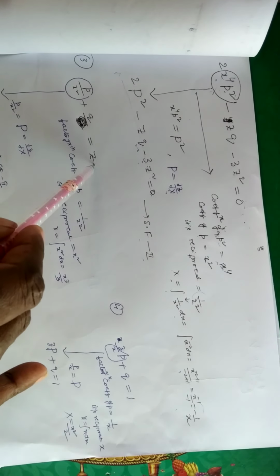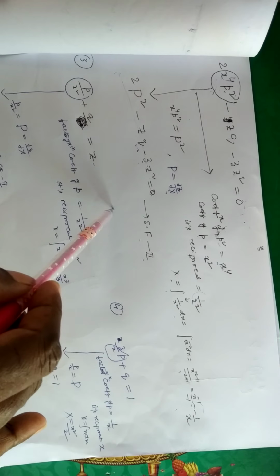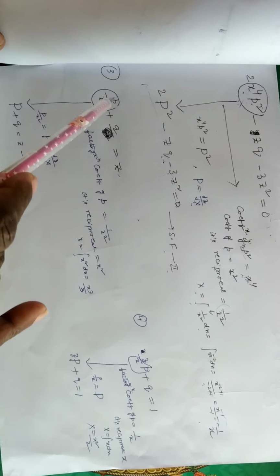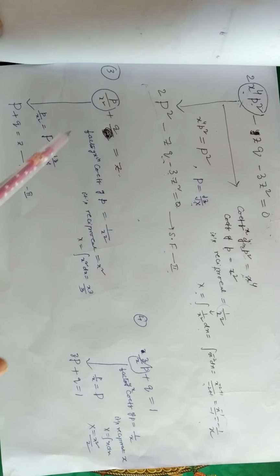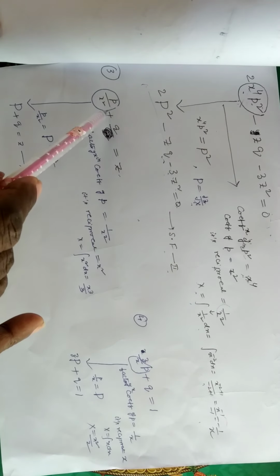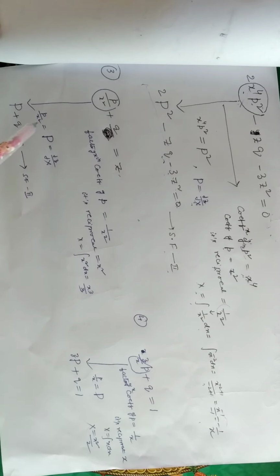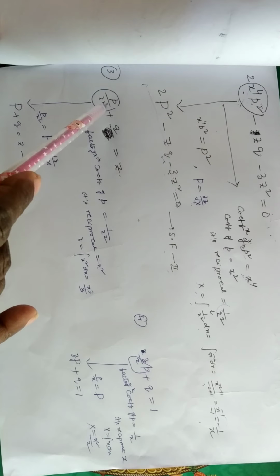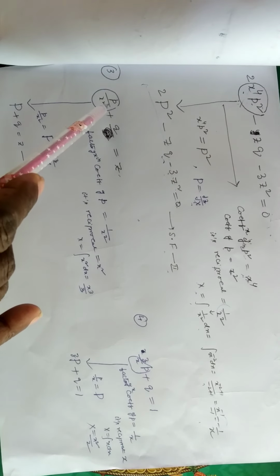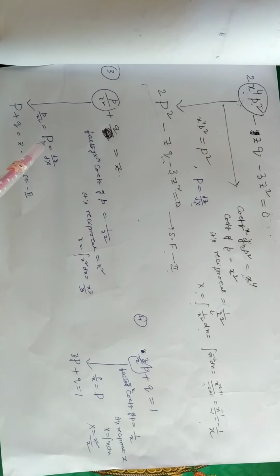This also does not belong to any one of the standard forms. To convert it into one of the standard forms, suppose we replace p by x square with capital P, then the equation changes into capital P plus small q equal to z. By taking small p by x square equal to capital P, that means small x square is multiplied into small p, then it converts to capital P. For this we take capital X.